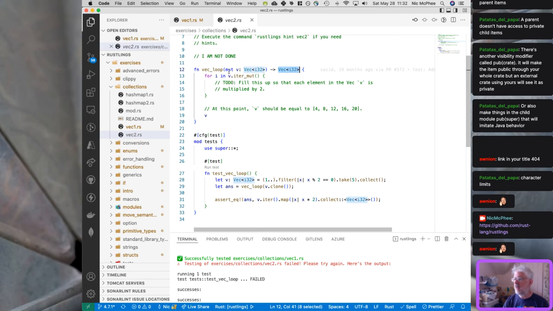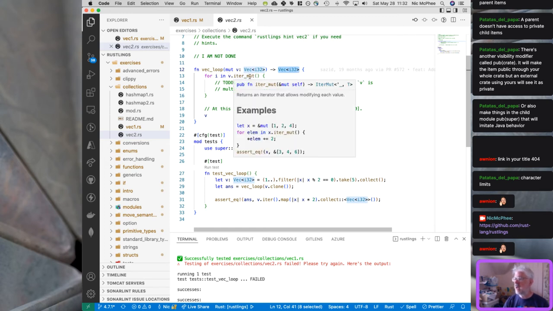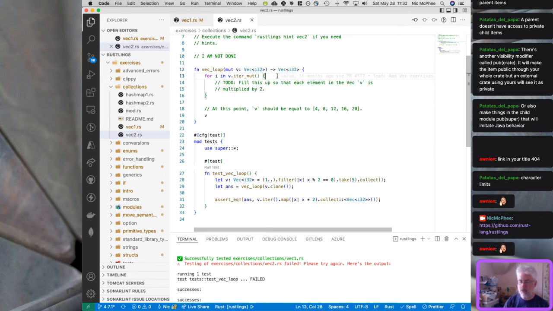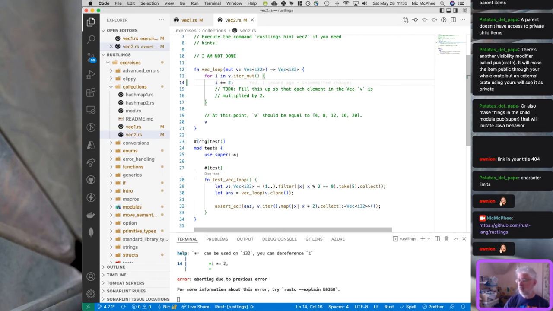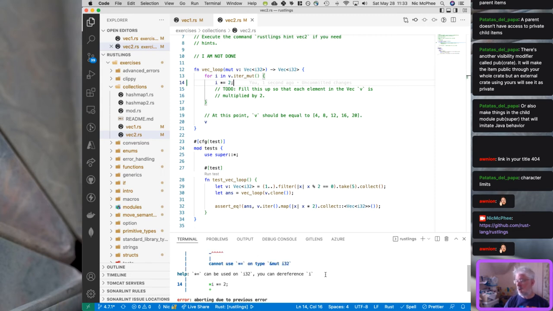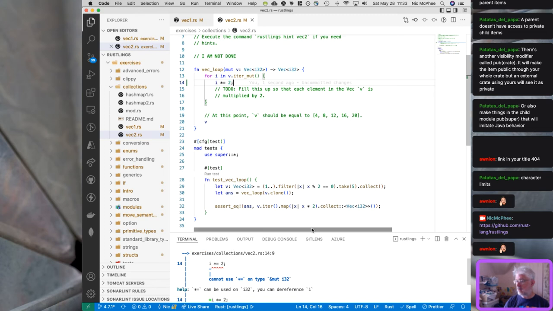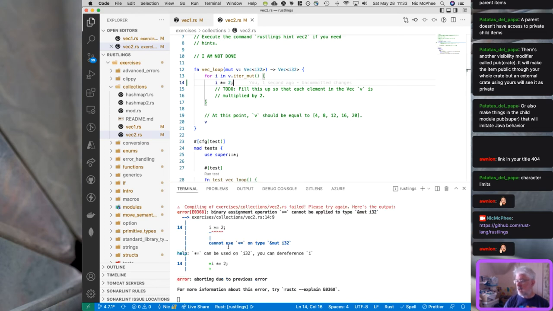And that the mut here is necessary because iter mut is only available on mutable things, which we can see with this and mut here. We need a mutable reference. So if the vector was not mutable, we wouldn't be able to do that here. So I think we can just say i times equals 2. And fingers crossed. No. Can't use star equals. So i is actually, if we hover over i,